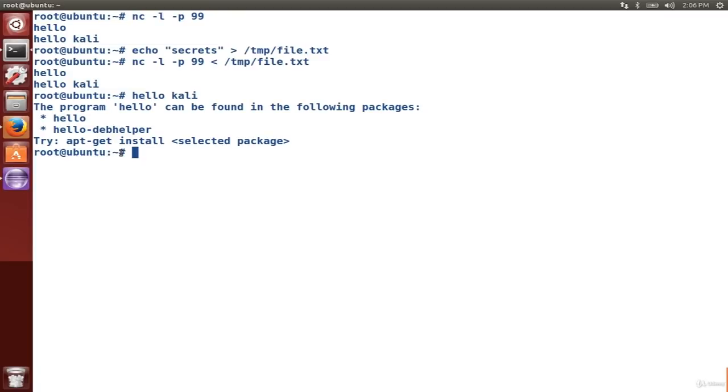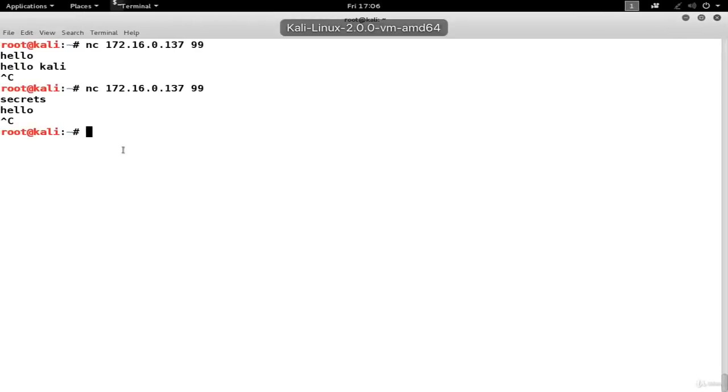Not only can you send files back and forth, which in exfiltration is extremely useful, but you can also send shells back and forth. So for example, we could set up our listener again, but this time what we'll serve over the connection will be bin bash, which is the regular standard shell in a lot of Linuxes. So the server is set up,